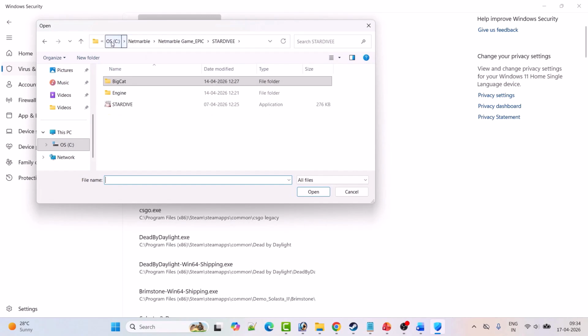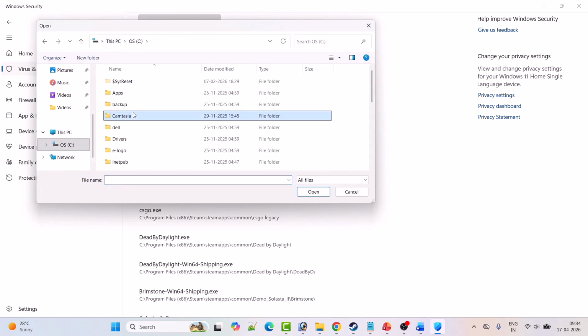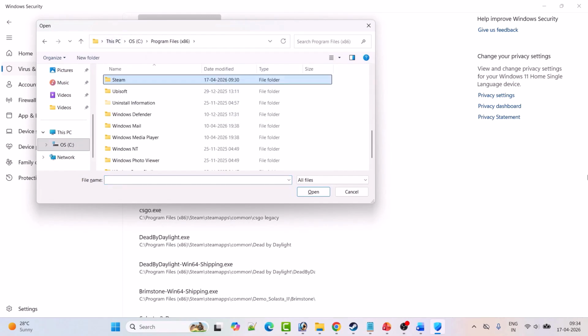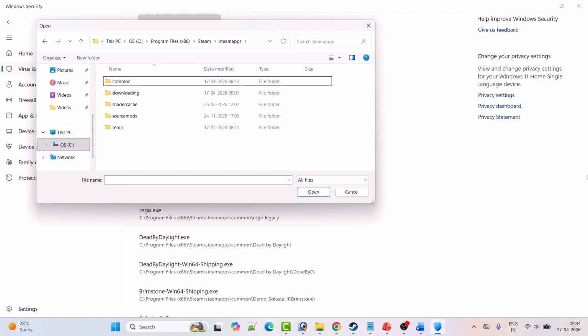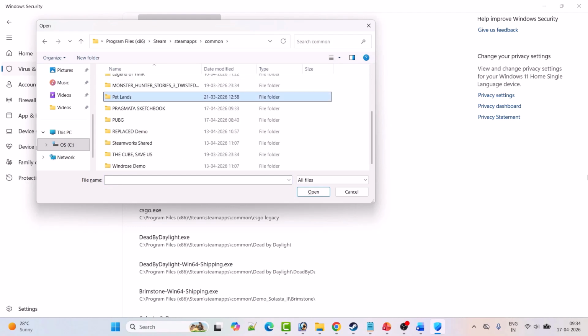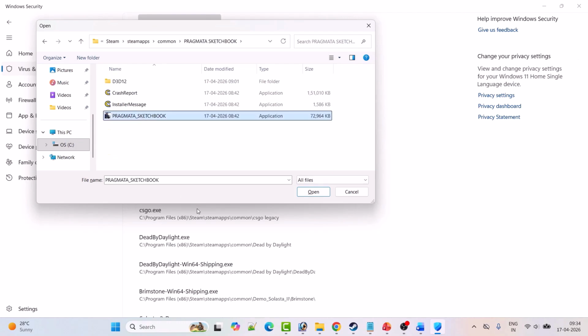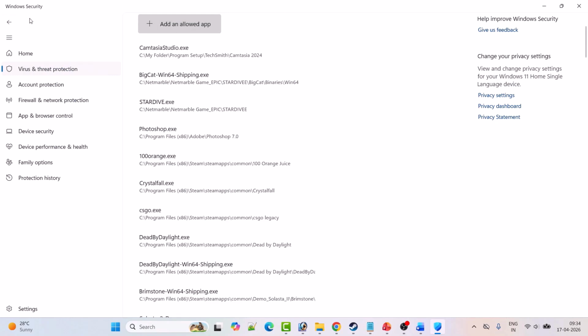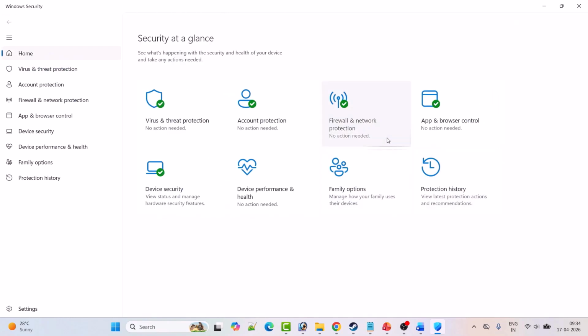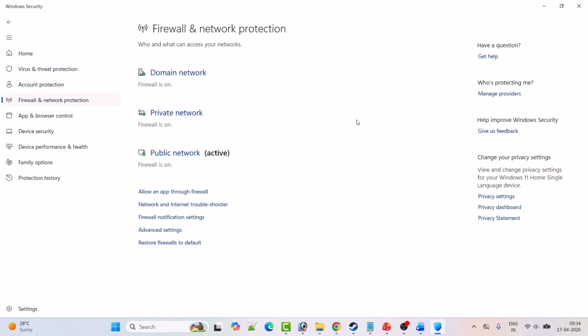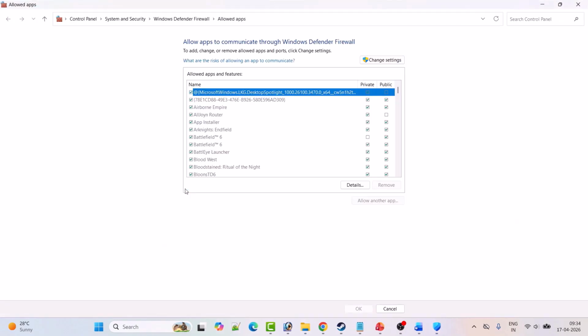Now go to the game installation folder. So open C drive, open the Program Files x86 folder, open the Steam folder, open the steamapps folder, open the common folder, open the Pragmata game folder and select the Pragmata exe file and then click on open to add it to the list. Now go back, click on firewall and network protection, click on allow an app through firewall, then click on